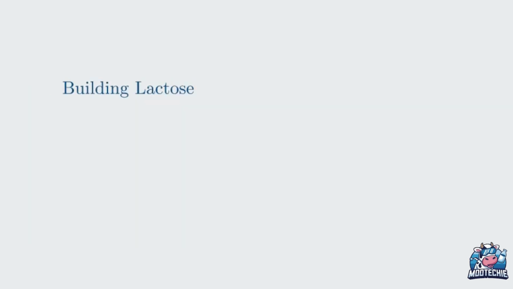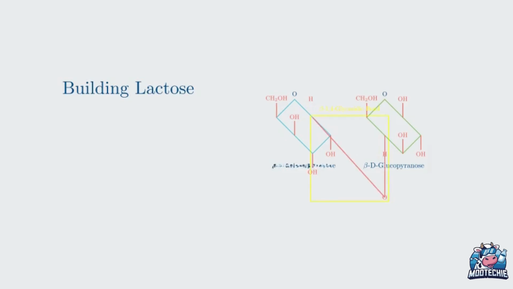Let's put it all together and build the complete structure of lactose. We'll start by placing our beta-D-galactose and beta-D-glucose side by side. Here we have beta-D-galactopyranose on the left and beta-D-glucopyranose on the right. Next, we'll form the beta-1,4-glycosidic bond. This involves a dehydration reaction between the C₁ hydroxyl of the galactose and the C₄ hydroxyl of the glucose. As we form the bond, a water molecule is eliminated. The resulting oxygen atom bridges the two rings. The beta configuration is preserved, as the bond from the galactose ring points up, just like the original